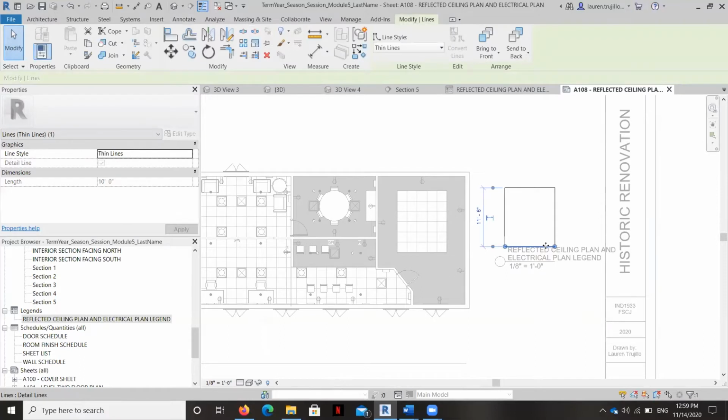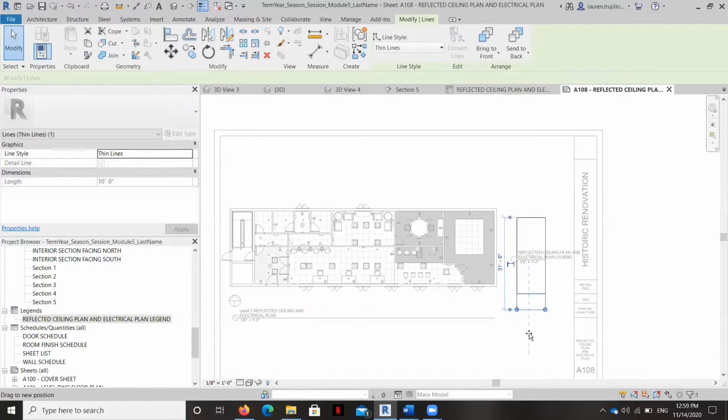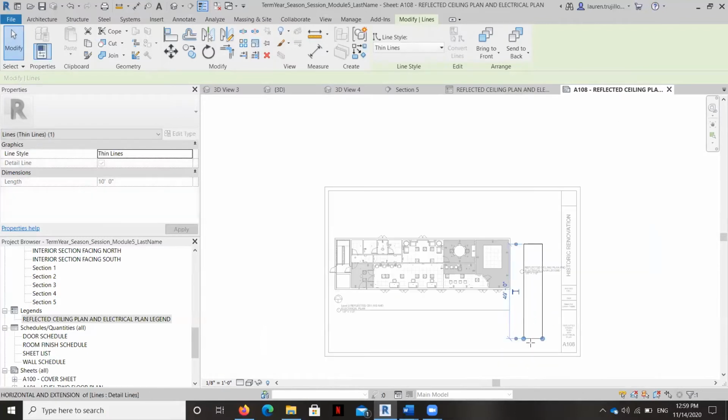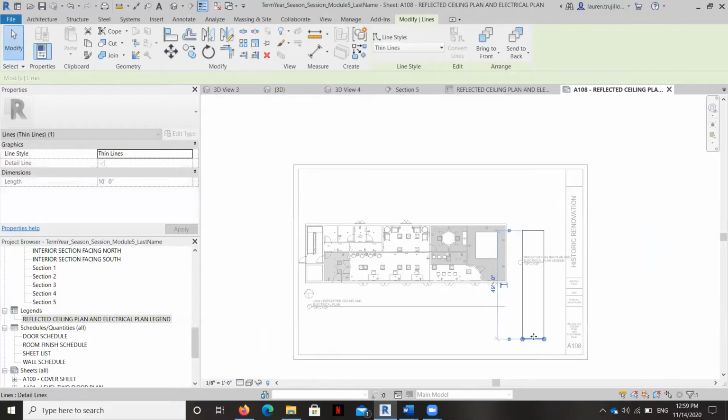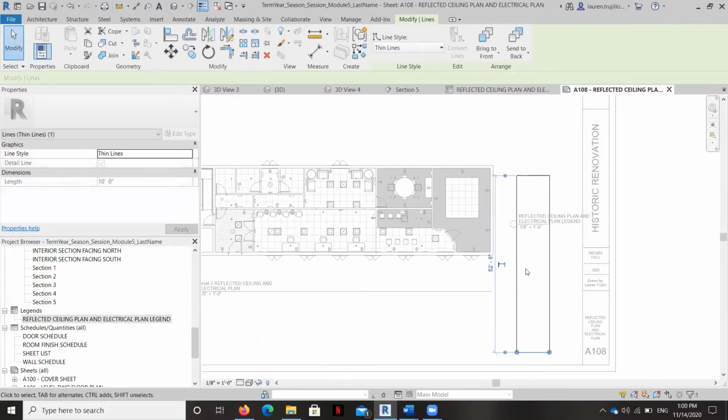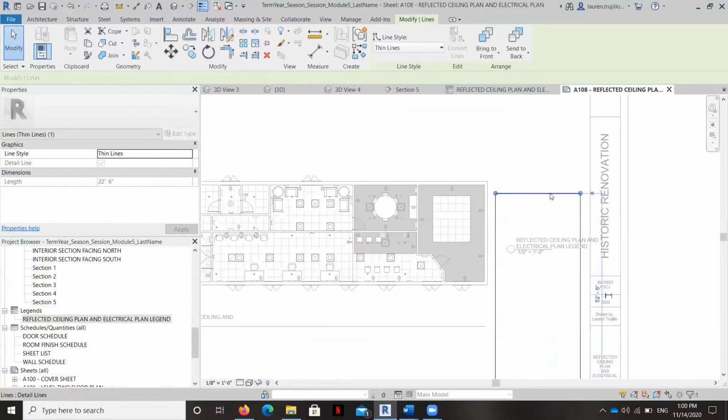So what I'm going to do is move these elements down, and it can go as long as we need it to. But this is going to be essentially the guidelines for my legend, because there's kind of a lot of information that we need to include because there's a lot of symbols on this plan. But we don't have a lot of room on our sheet.